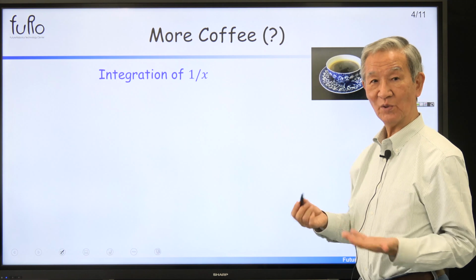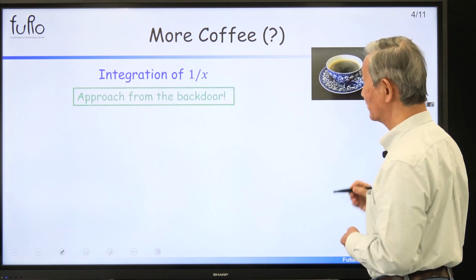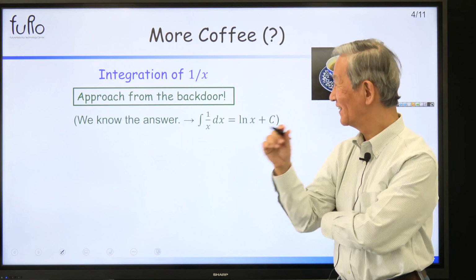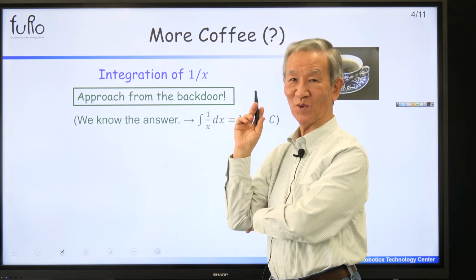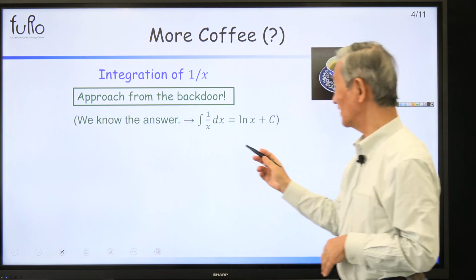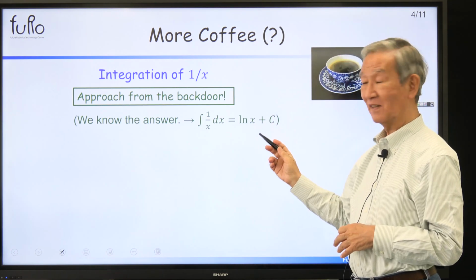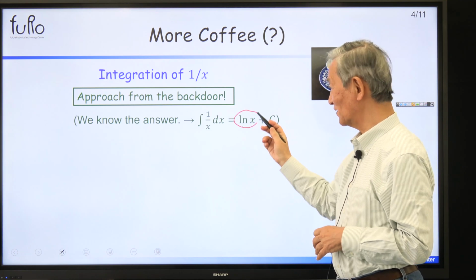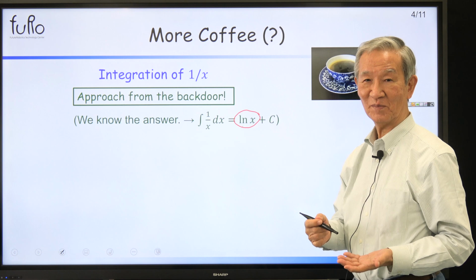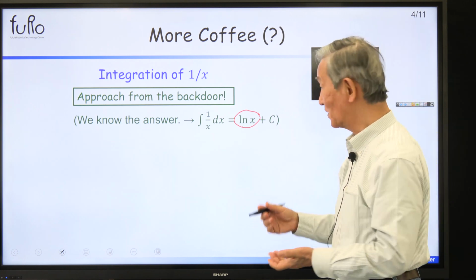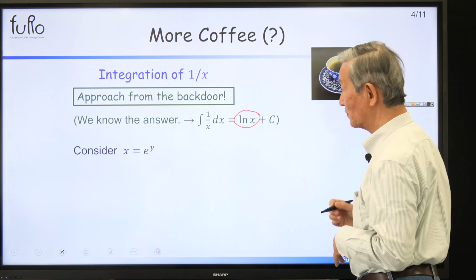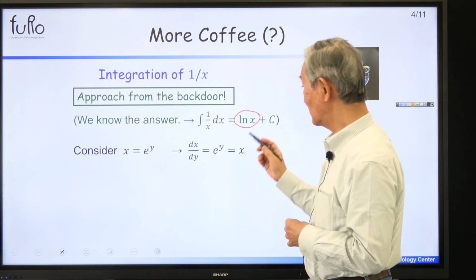Integration of 1 over x. So, how should we approach? Well, we do this all the time, don't we? Approach from the back door. Since we are engineers, we can do this. We know the answer. Okay, this one here. And whenever you have a log function, try exponential, because exponential is the reverse of that one, so it gives you hints and so forth. So, since this is ln